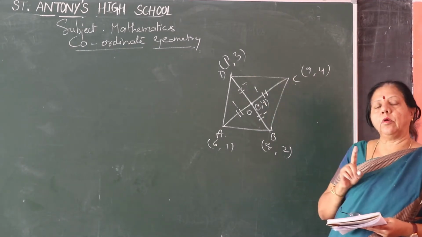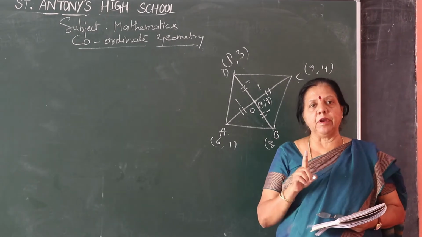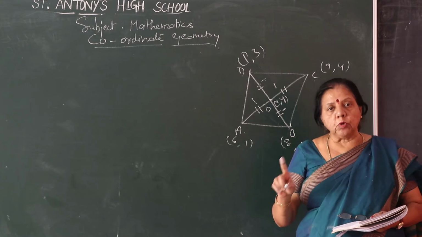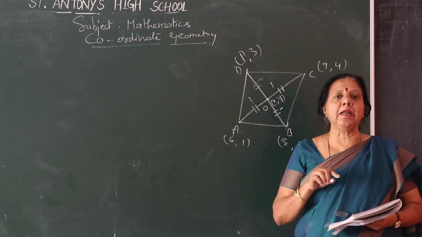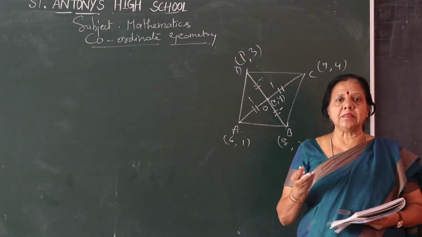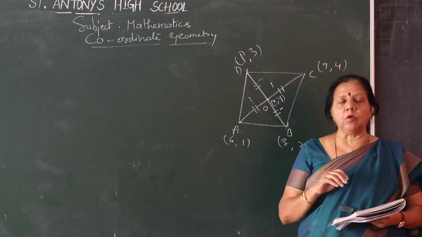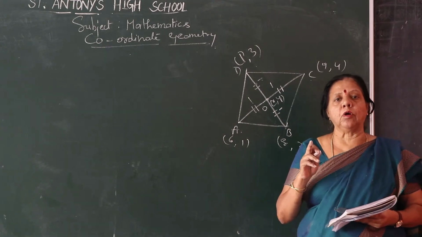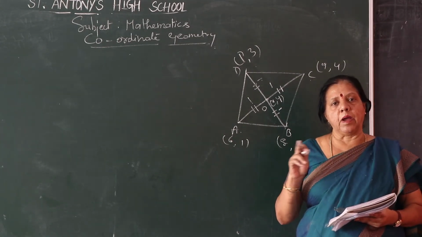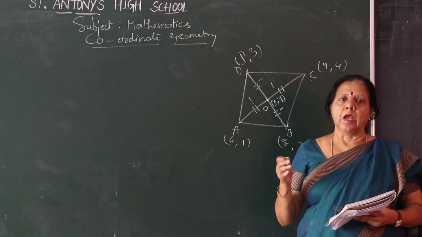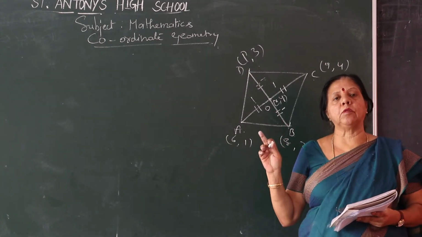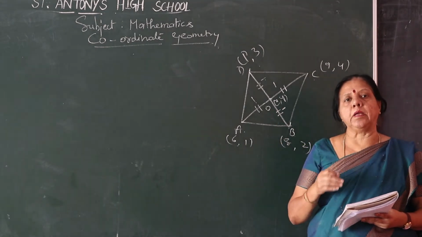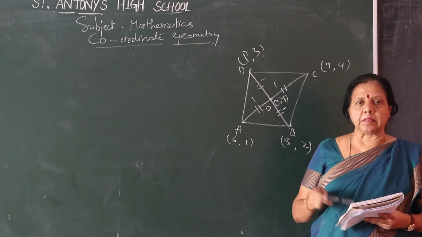I told you when you have a segment with equidistance of 1:1, then m1 is equal to 1, m2 is equal to 1. By that time, the remaining terms you have to write. So 1 is there, you need not write it once again. That formula also I taught in the beginning itself. That is x is equal to x2 plus x1 by m1 plus m2. Another one, y is equal to y2 plus y1 by m1 plus m2. So that formula you apply and you calculate. Okay, let us pass on to that one.